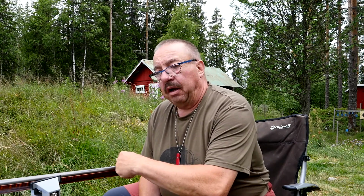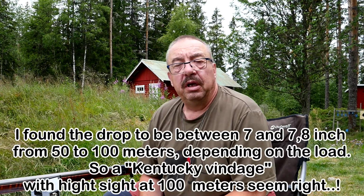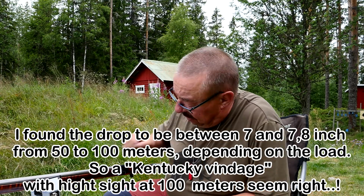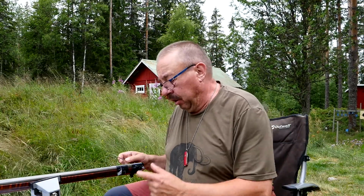And at 100 yards I used what you call Kentucky windage. You lift the front sight a little bit, so it's, yeah, you lift the front sight quite a lot actually. I have to go to the net and use the round ball calculator to find out the difference. So I don't think it's that much, but if I have to lift the whole front sight a little bit, it's quite severe. So I'll bring the camera a little closer and you can see how I put the file